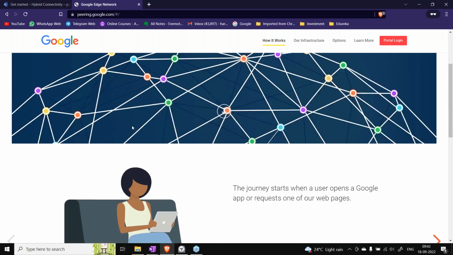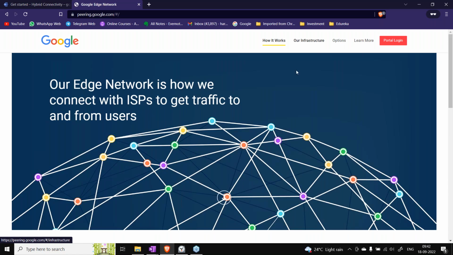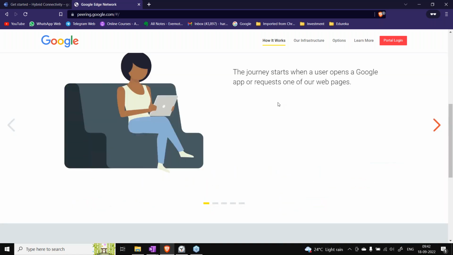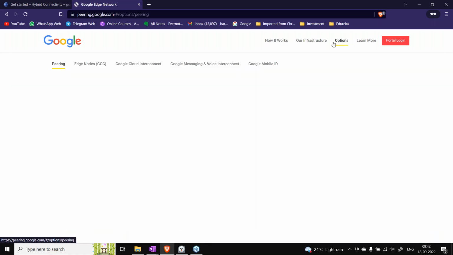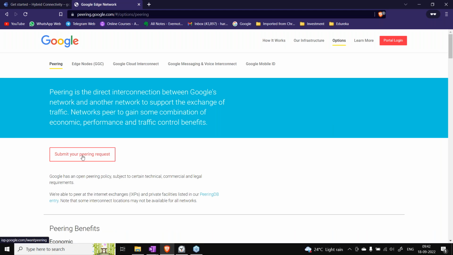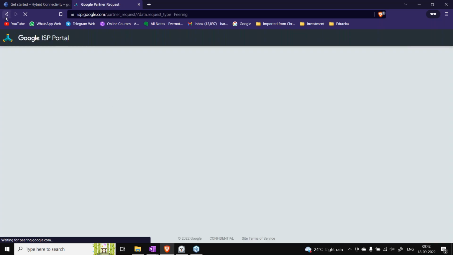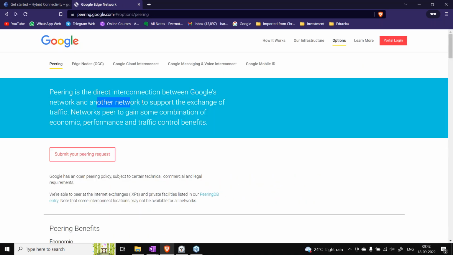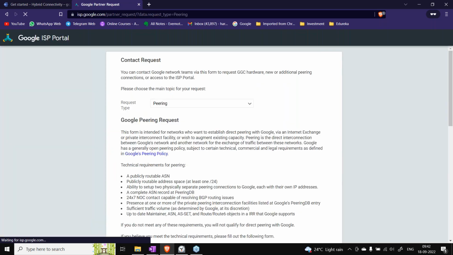Then you have options, and you can submit your peering request. What is this? It is a direct interconnection between Google's network and your network, where you can exchange traffic. It's basically for the higher bandwidth that you can get.